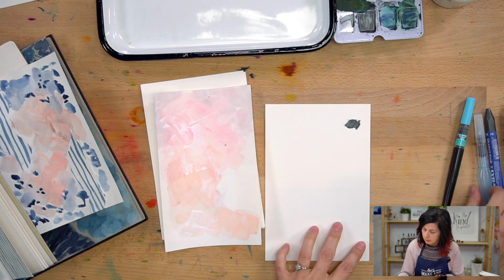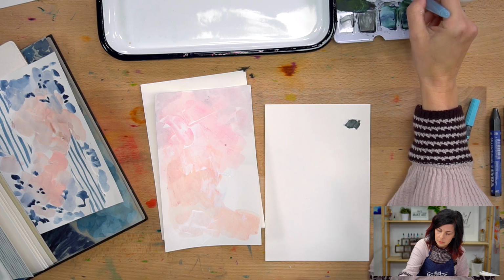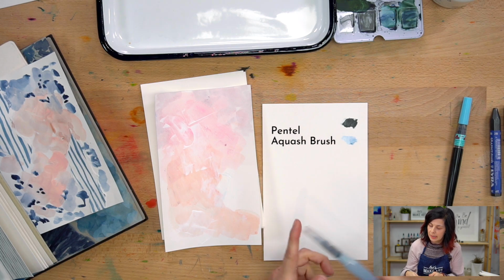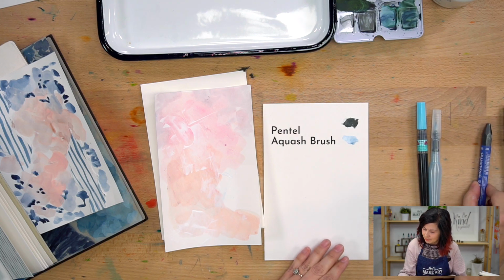Okay, the next one is going to be the Aguash brush. And that was just a brush, right? You have to put the paint on, like you just did. It feels like a pen because you carry it around with the cap, but I guess technically it's a brush. And we'll do